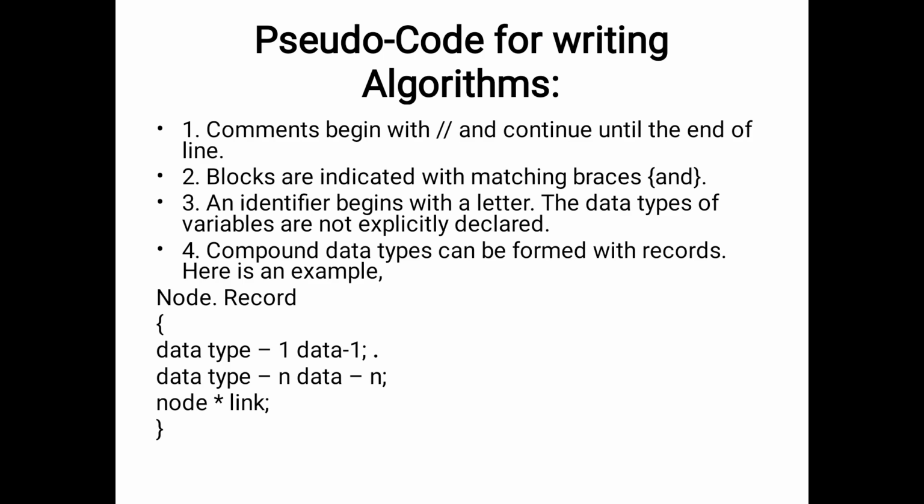It begins with two slashes and continues, ending with this line also. The second step is that we have to take some open braces and return that. The next one is that we have to use variables, identified by letters. We have to begin with letters, or we have to take data types. This is the third step. And the fourth step, we have to take some